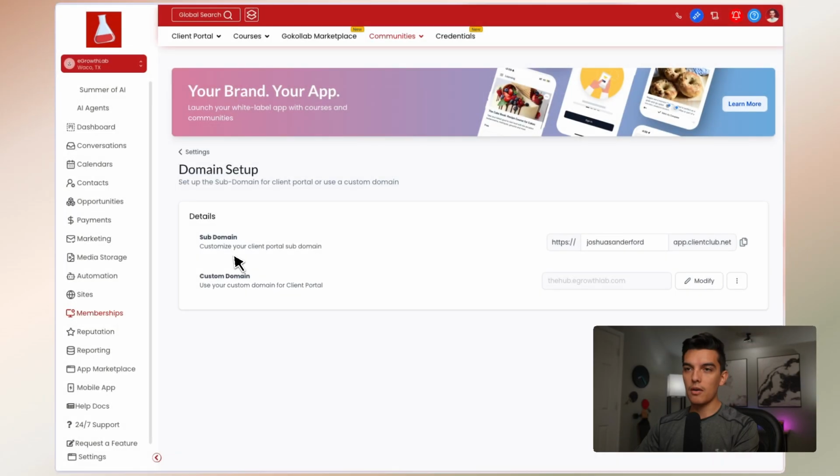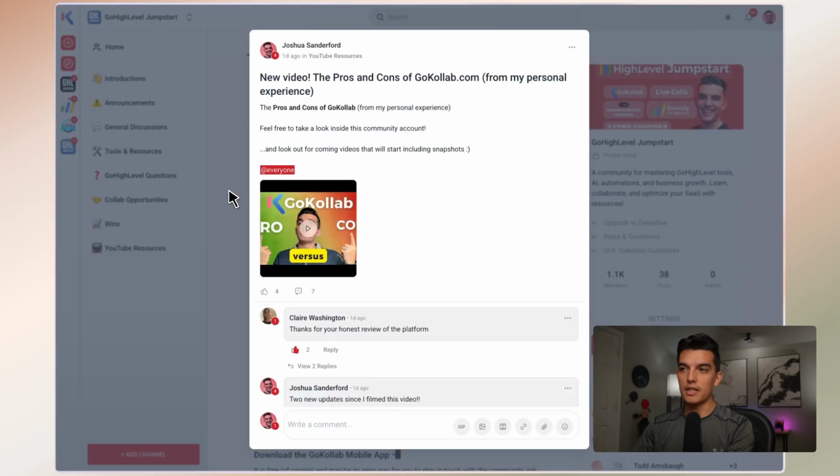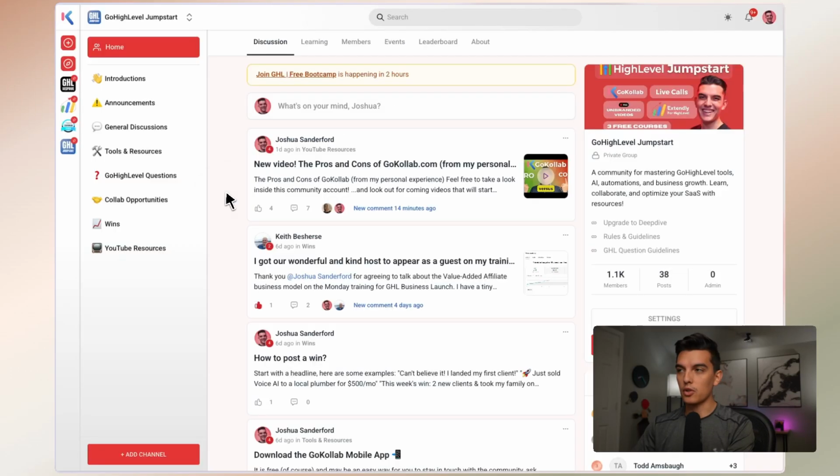A little confusing, but I'm going to break it down to two branches. Notifications can be edited on either GoHighLevel or on GoKollab, and some of them will overlap. To start it off, let me take you into my SaaS Jumpstart community, or GoHighLevel Jumpstart community, and this is looking at it from